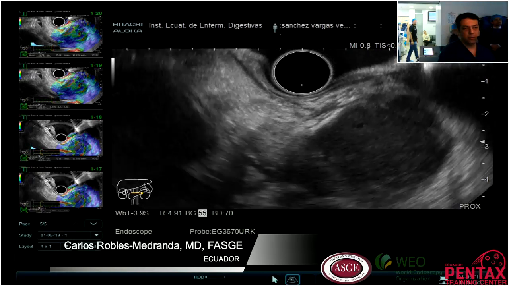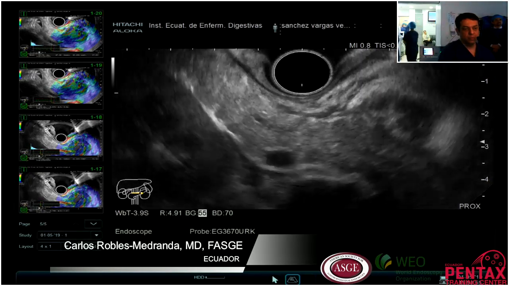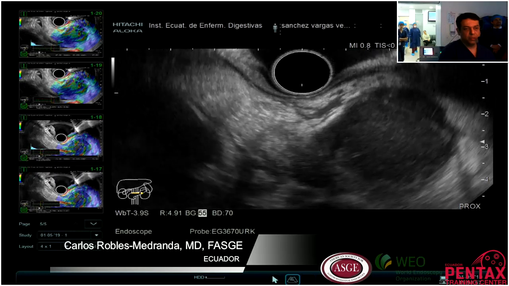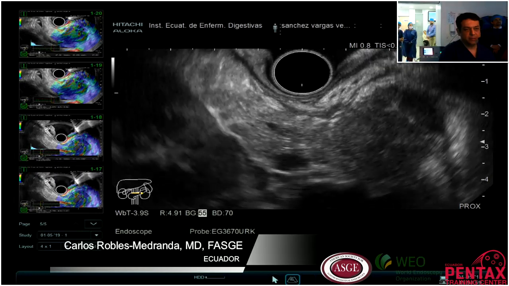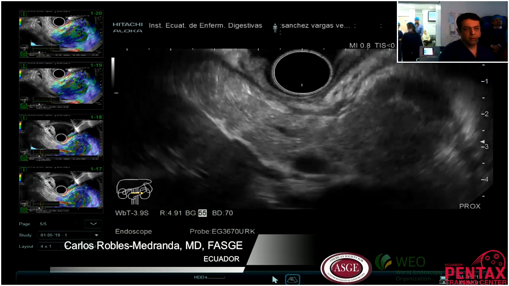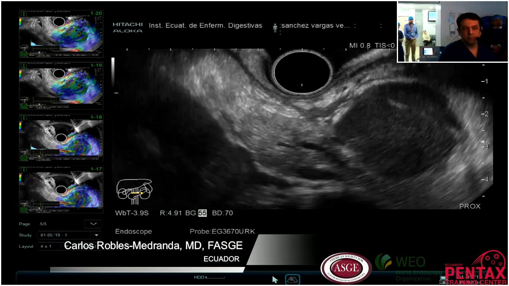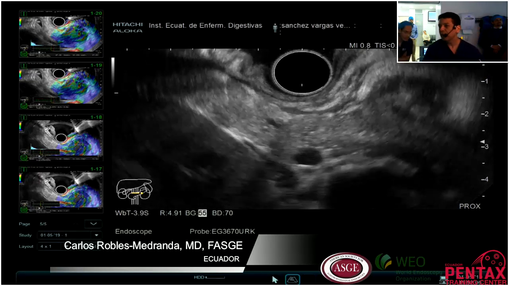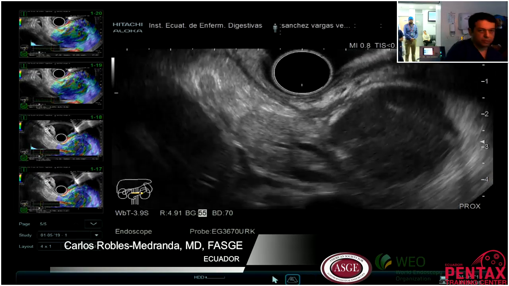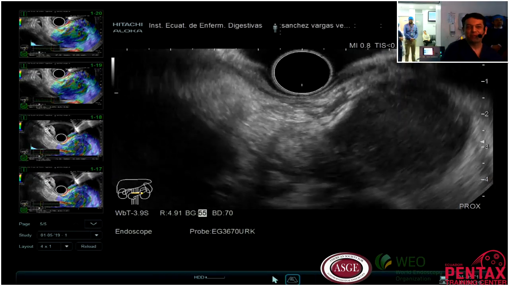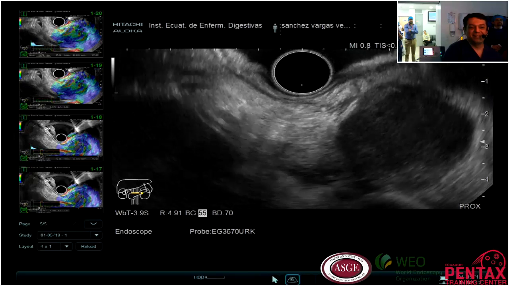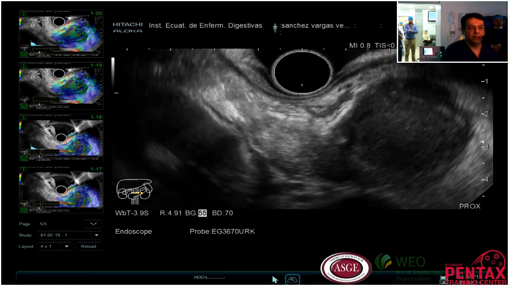Just to show you a little and very nice case that comes today. This is a 70 years old woman, with a history of abdominal pain of 1 year of evolution.